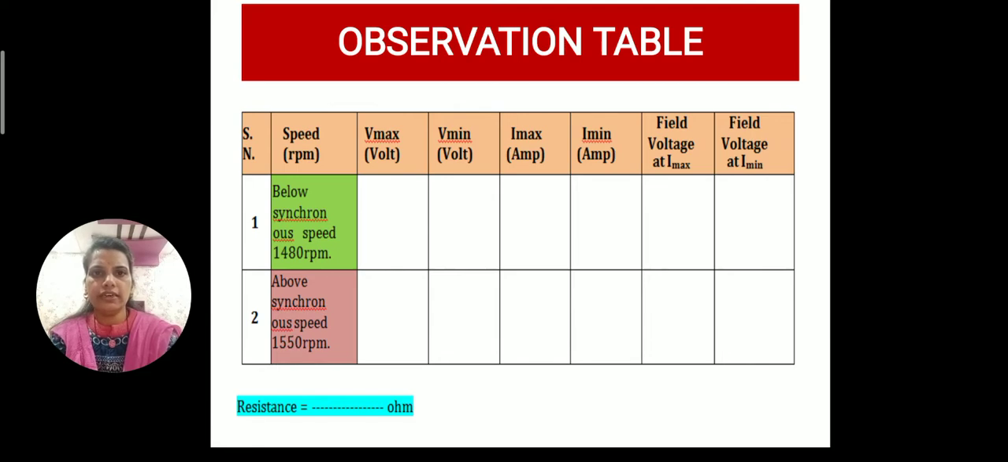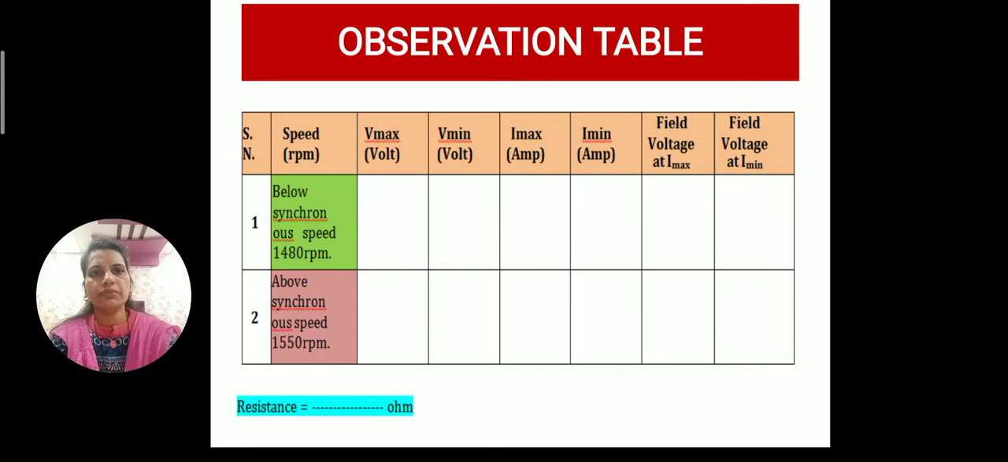Similarly, after that you have to set the value above synchronous speed, near about 1500 rpm, and at that speed again you have to take the reading. You have to see in the voltmeter or ammeter what is the maximum value of voltage and the minimum value of voltage. After that, the minimum value of current and maximum value of current, and finally the field voltage at Imax and field voltage